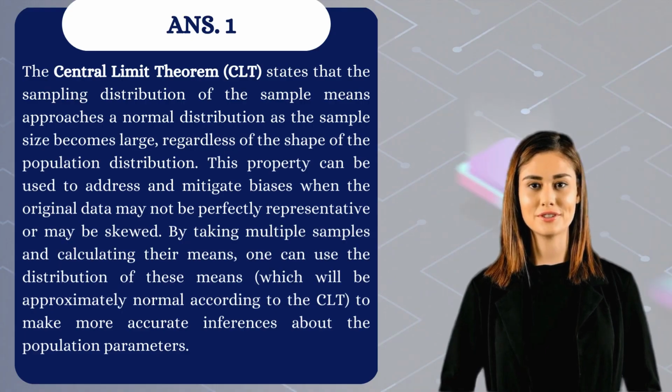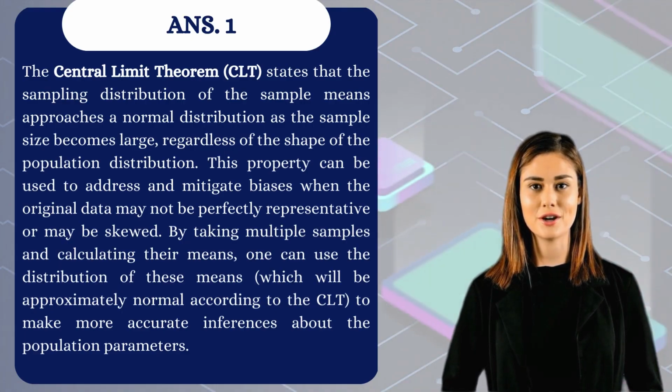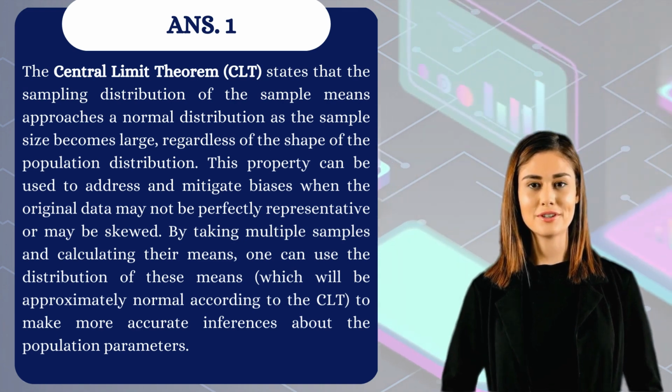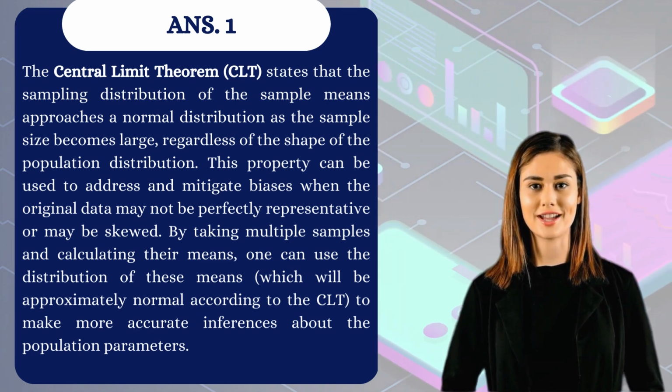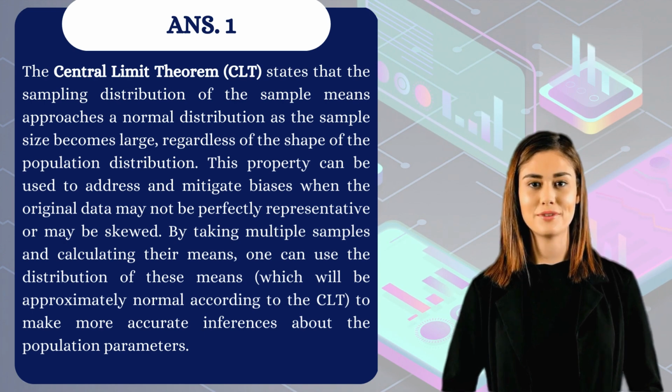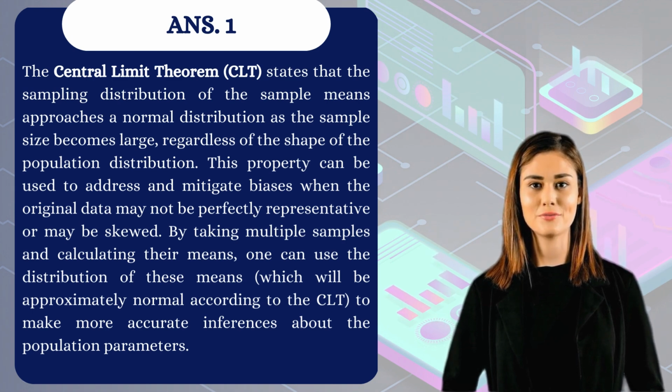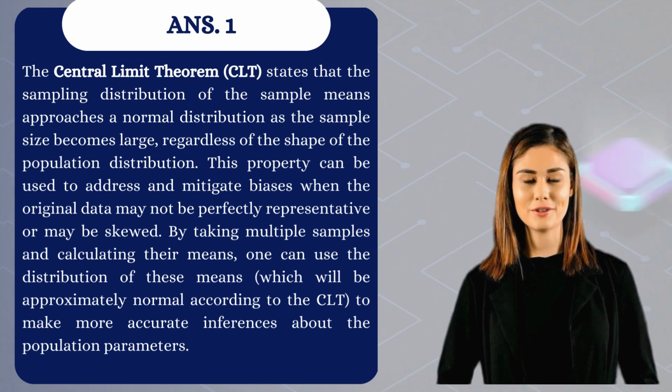The central limit theorem, CLT, states that the sampling distribution of the sample means approaches a normal distribution as the sample size becomes large, regardless of the shape of the population distribution. This property can be used to address and mitigate biases when the original data may not be perfectly representative or